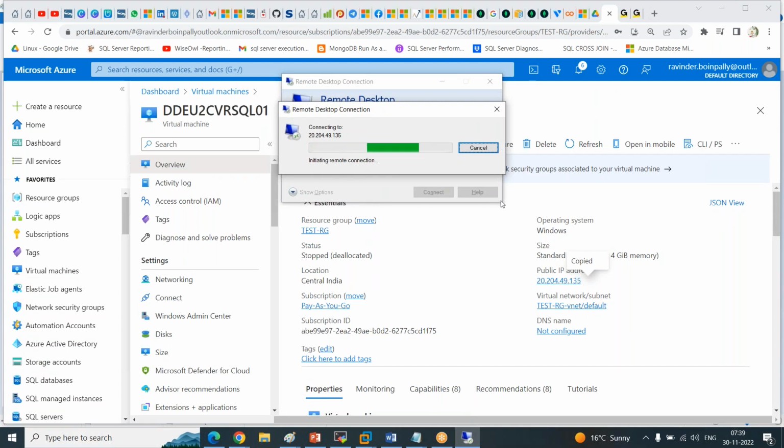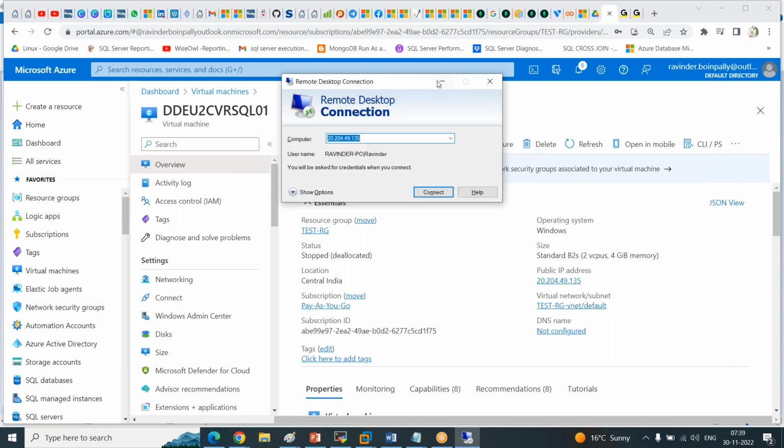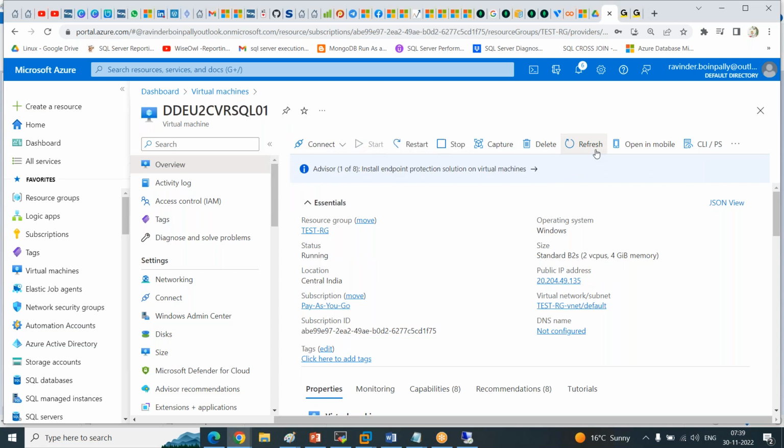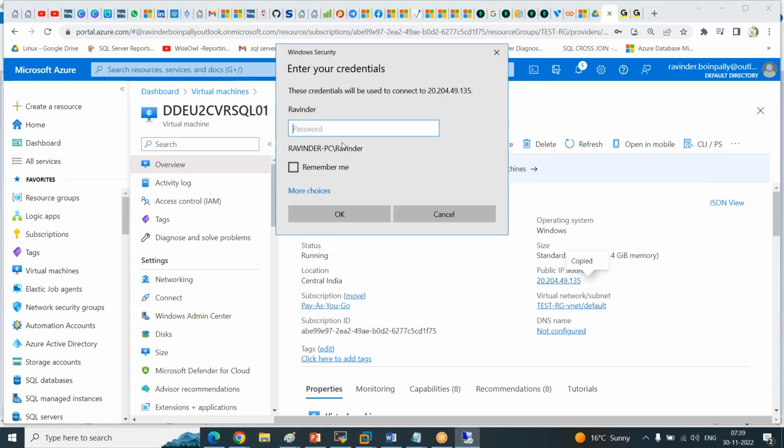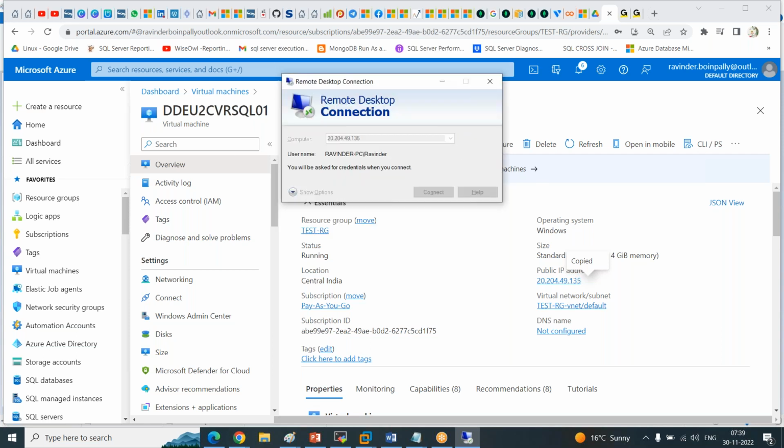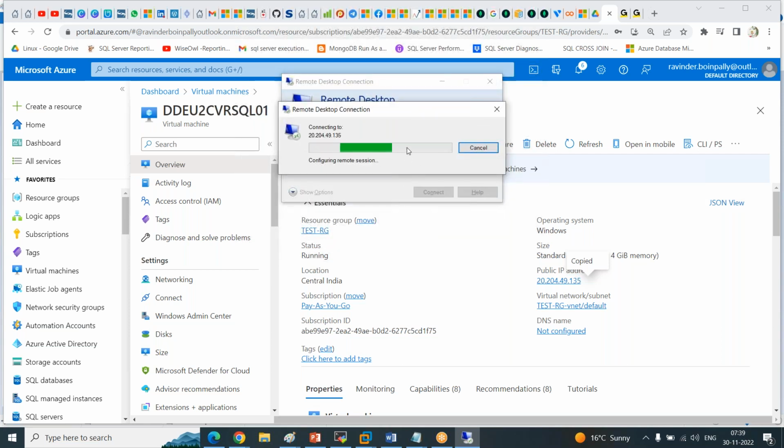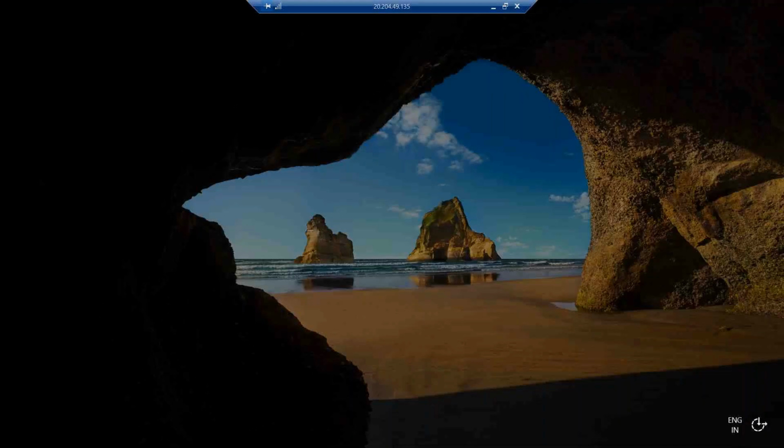If it is not loading the RDP, which means it is still taking time to come online. Refresh, it is running. Okay, then right, fine. So now,